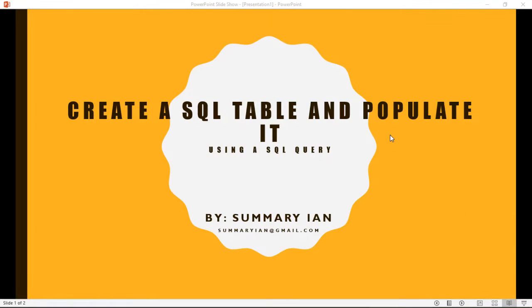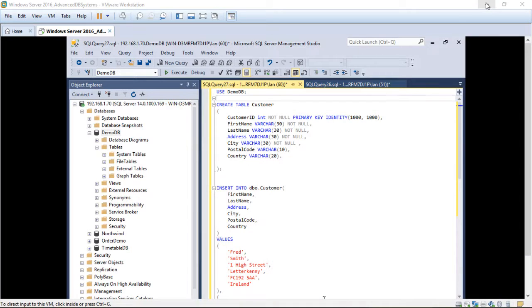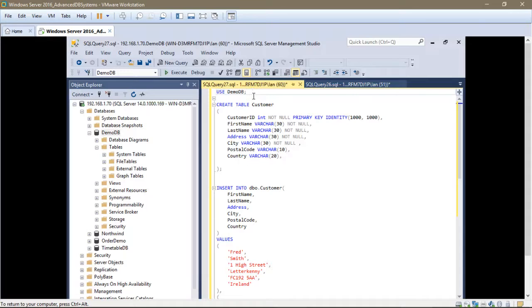Hi everyone, this tutorial will deal with how to create a SQL table and how to populate that table in SQL Server. And over here I have already prepared a script. We will create the table in the DemoDB